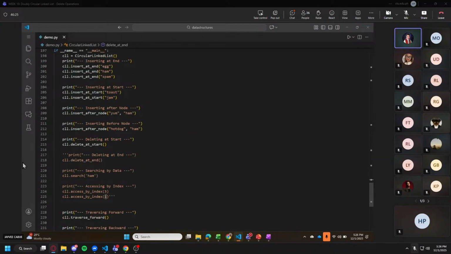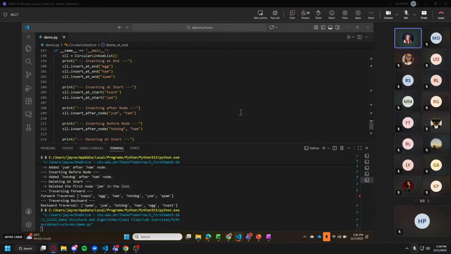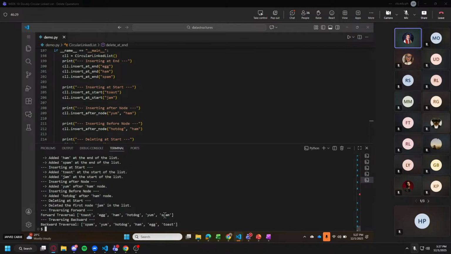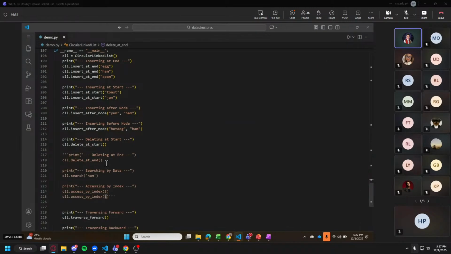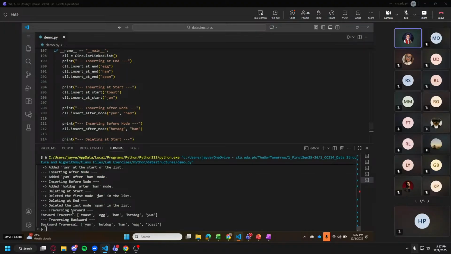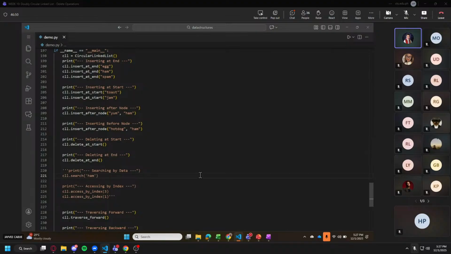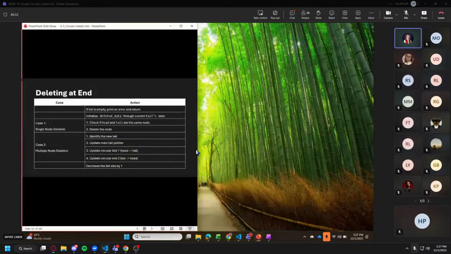I'll demonstrate. So we currently have spam as our last node. So how about if I just go in here, delete at end. So deleted node spam in the list. So we no longer have spam. Okay? Sige, let's proceed to